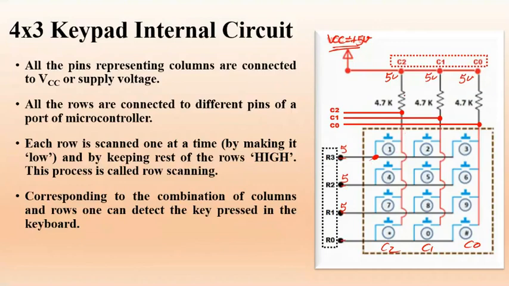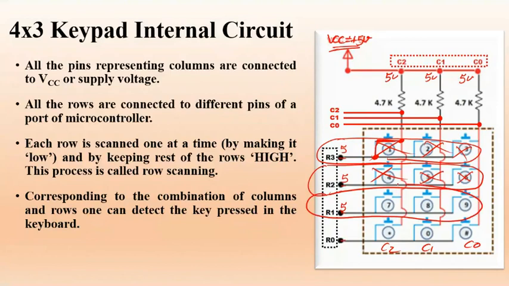If we have 5 volt here and 5 volt here, and I press this key, if I short this key, what will happen? 5 volt will come to this port also. So both are 5 volts, so there is no way to detect this particular key. That means I am deactivating row 3. I will not be detecting any keys from this row if I am keeping it at 5 volt. Similarly, if I keep 5 volt in this row, I will not be able to detect any keystroke here also. Similarly, if I keep 5 volt here, I will not detect any keystroke here. Now keep an eye here. For example, to activate this row, I am going to make it low.